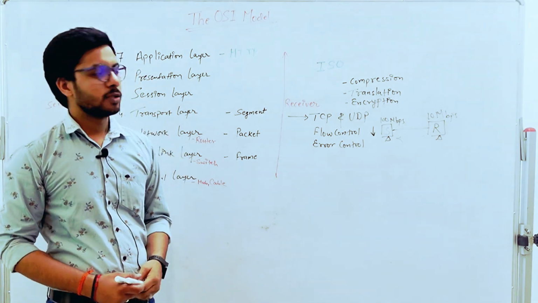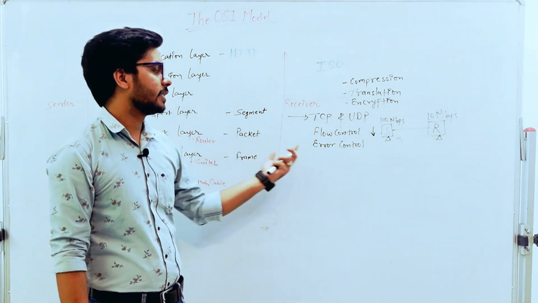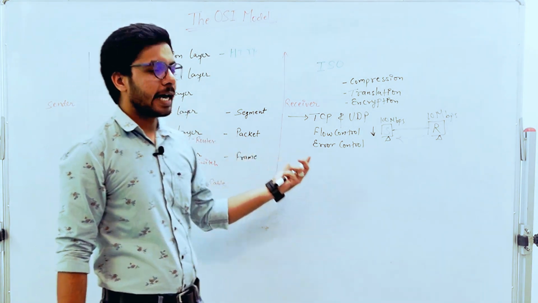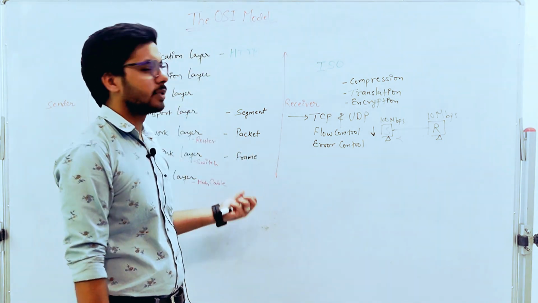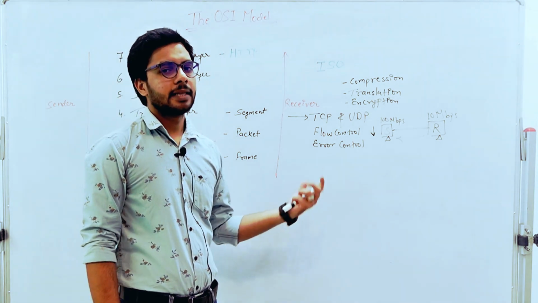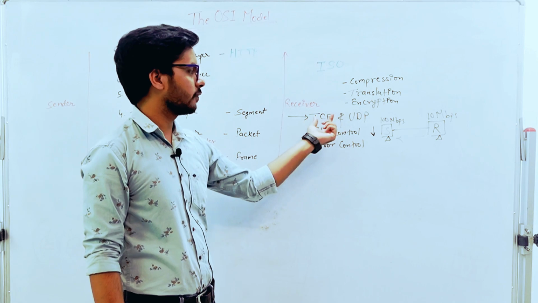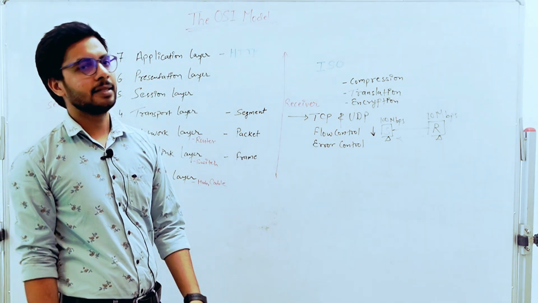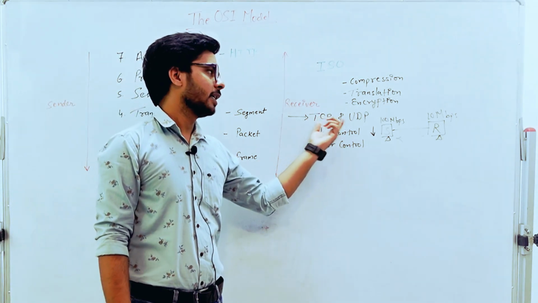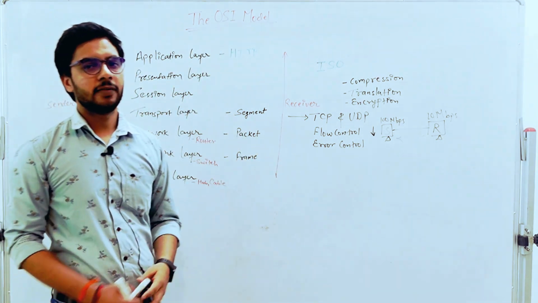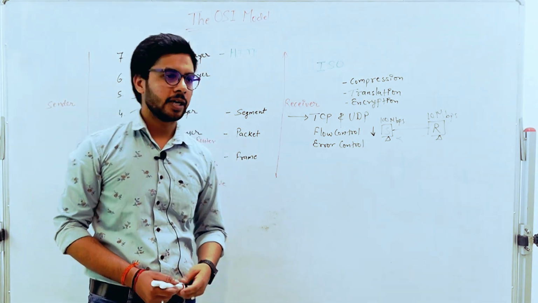Second thing is error control. Your transport layer will check the packets for errors. If there is an error in the packet, it is going to drop that packet and then ask for retransmission. These are mainly the features of TCP, so we'll discuss that in the next video when we are discussing TCP and UDP. There we will discuss all these, flow control and error control.